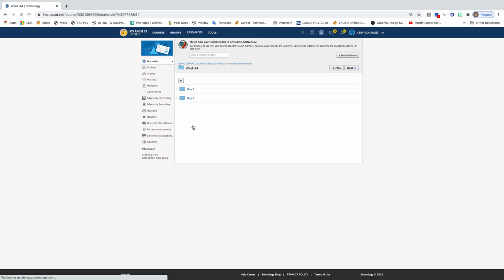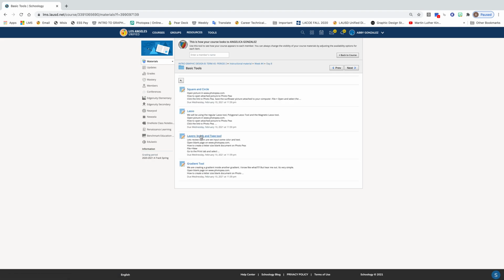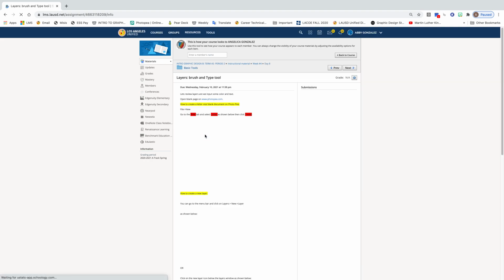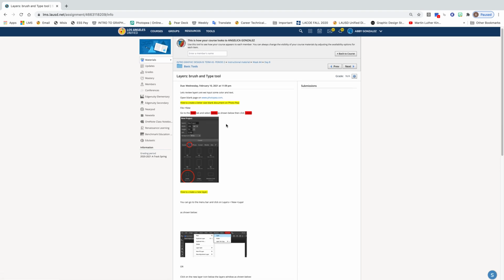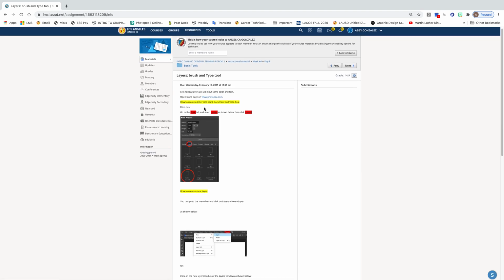Assignment on our basic tools folder. So week 4, day 8, here it is, basic tools. And we're going to start with our layers, right? There it is. So what we're going to start off by doing is creating a blank sheet of paper in